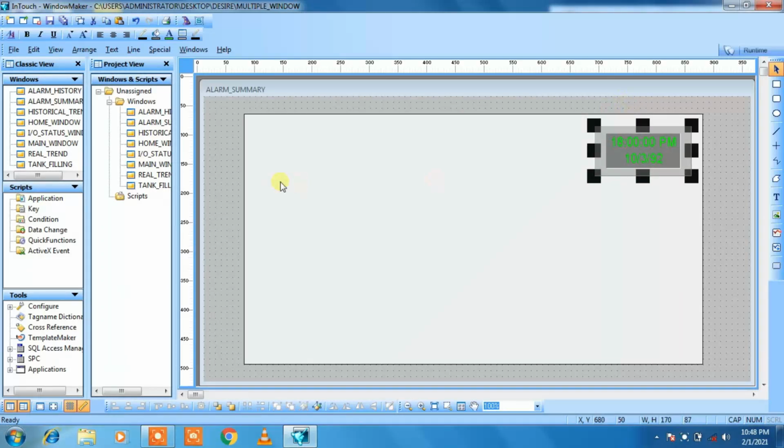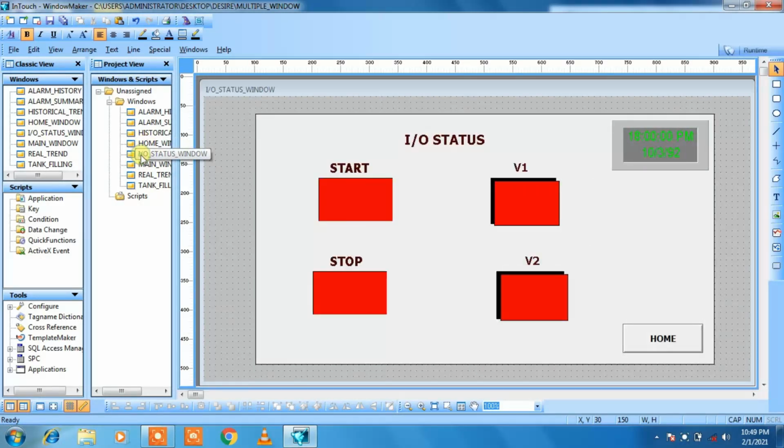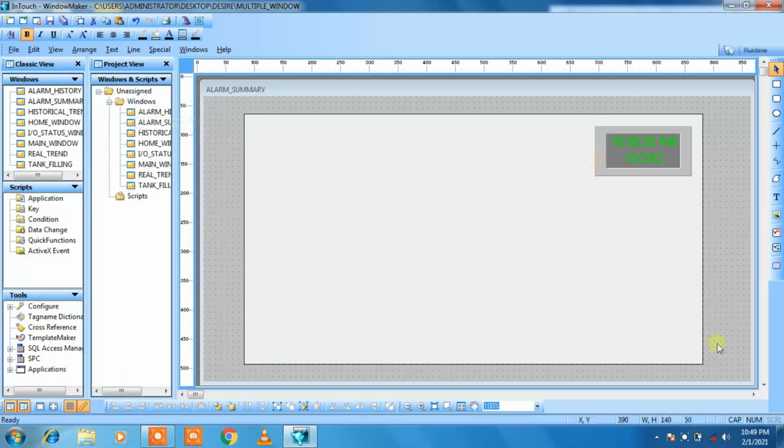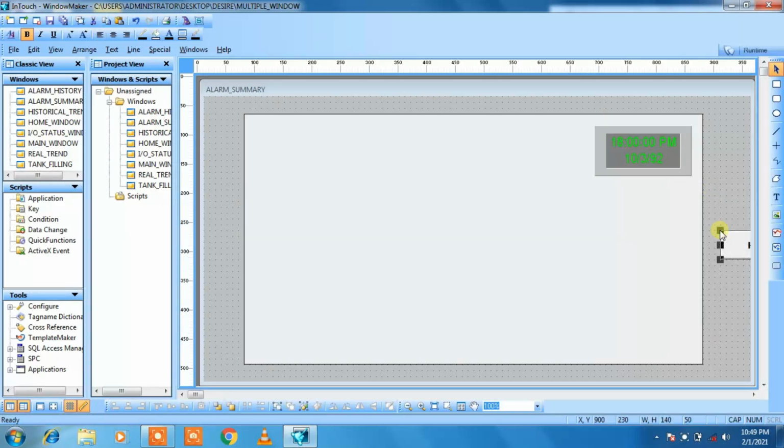I also want home button, so let me select the home button that is available on another window, so that's why I go to the IO status, just copy it, then go to the alarm summary window and just click on the screen and paste it. Click on the screen, you will get home button. Let us arrange it at right hand side of our window.